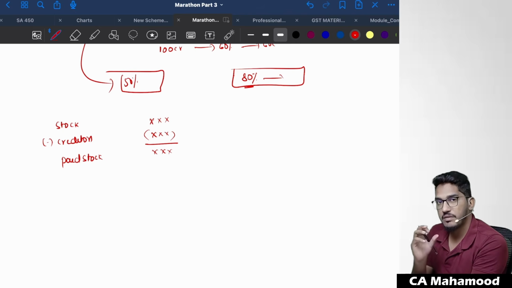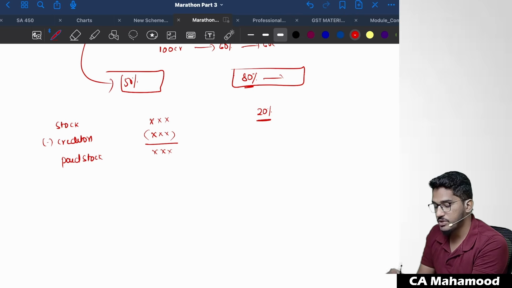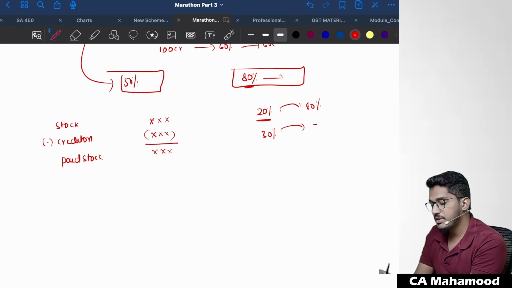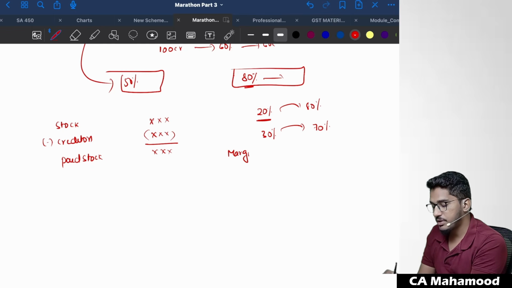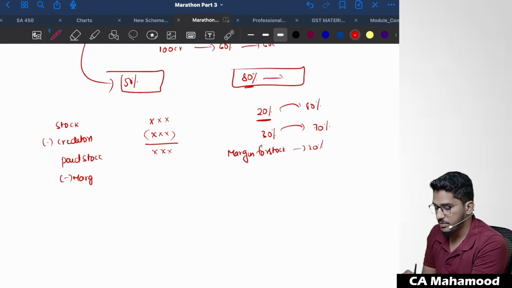Generally, as I told, every company will have a certain margin. For example, if the bank's policy is 20% margin for stock, that means they will give 80% only as loan. Margin means that much portion they will not give. Some banks will have 30% margin. 30% margin means they will give only 70% of the stock as drawing power. In the question they will mention what the margin for stock is. For example, in the question they have told that the margin for stock is 20%. So I have to reduce the margin. That means the banker doesn't want to take that 20% risk. So now I have to reduce the margin at the rate of 20%. On this figure, I will multiply 20%. I will get the value. The balance amount will be the drawing power for stock.